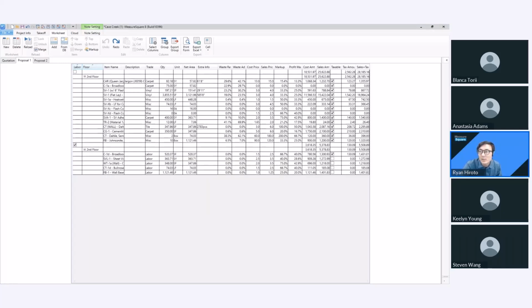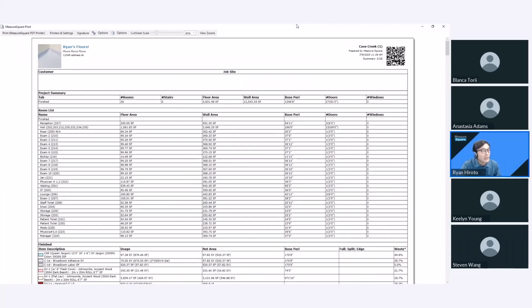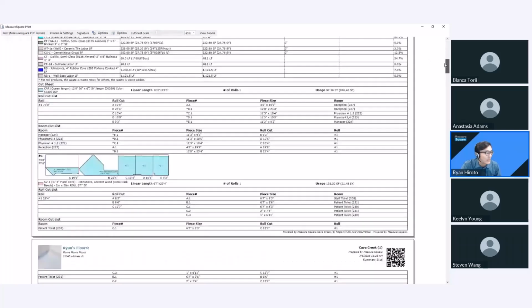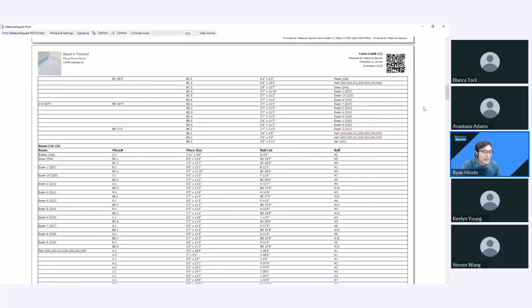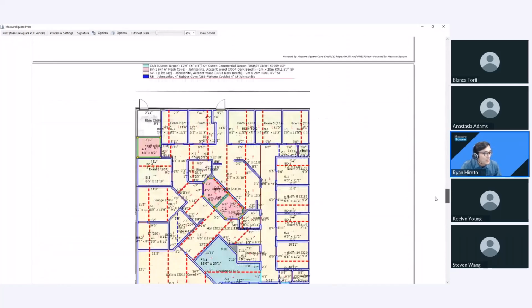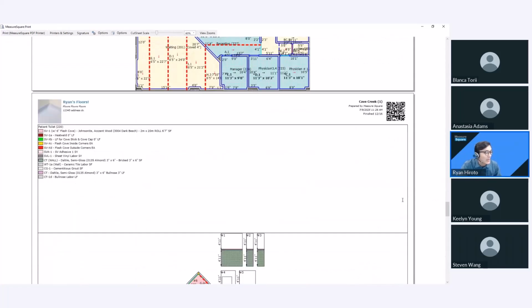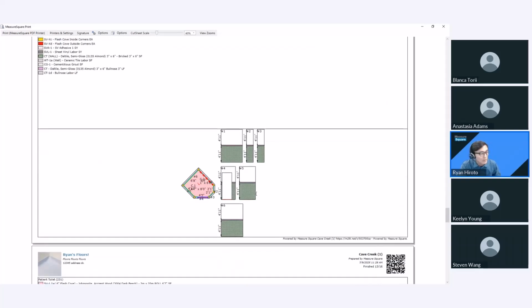That will take you to a print report window, which I'll show you right here. It'll have your company logo, your tagline, your job summary with your quantities, a breakdown. If I scroll down here, you'll have the full breakdown with your cut sheet and your cut list. And if I scroll down a little faster, you get to the good stuff here with our seam diagram and your layouts. We'll also have a wall profile view for tile, which we didn't touch on too much,